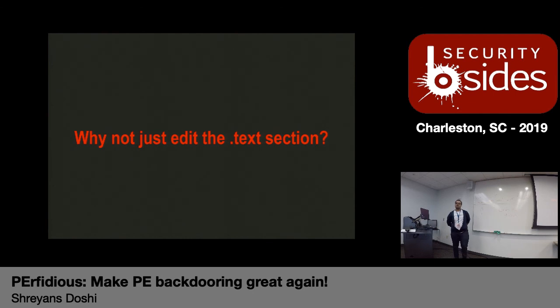What could be the problems that you could face? The .text section has the execute permissions that we need. It has all the necessary things that we require. Why not just do that? Say you were able to edit the checksum. That is one of the disadvantages, but say you could edit the checksum. What would be the problems that you could face when you change the text section?